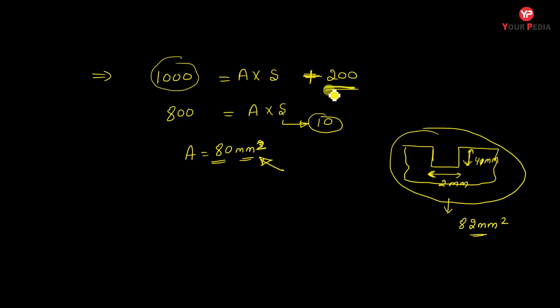But with this amount of loss, this speed, and this amount of metal melted, we are only able to fill this much area. Then the actual weld formed will not fill this much area. This is the defect that we call undercut. So a question may be asked like this: whether any defect is going to occur or not in this case. This is a very important and conceptual question that may be asked in your GATE examination. So please note it in your notebook so that you can tackle this type of question in your examination.